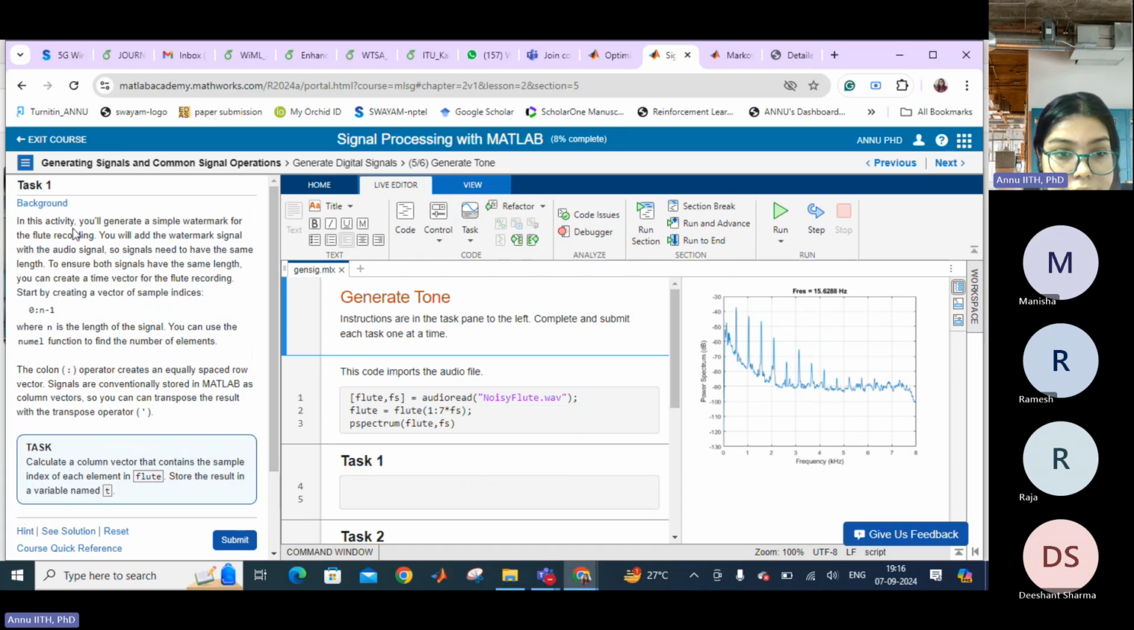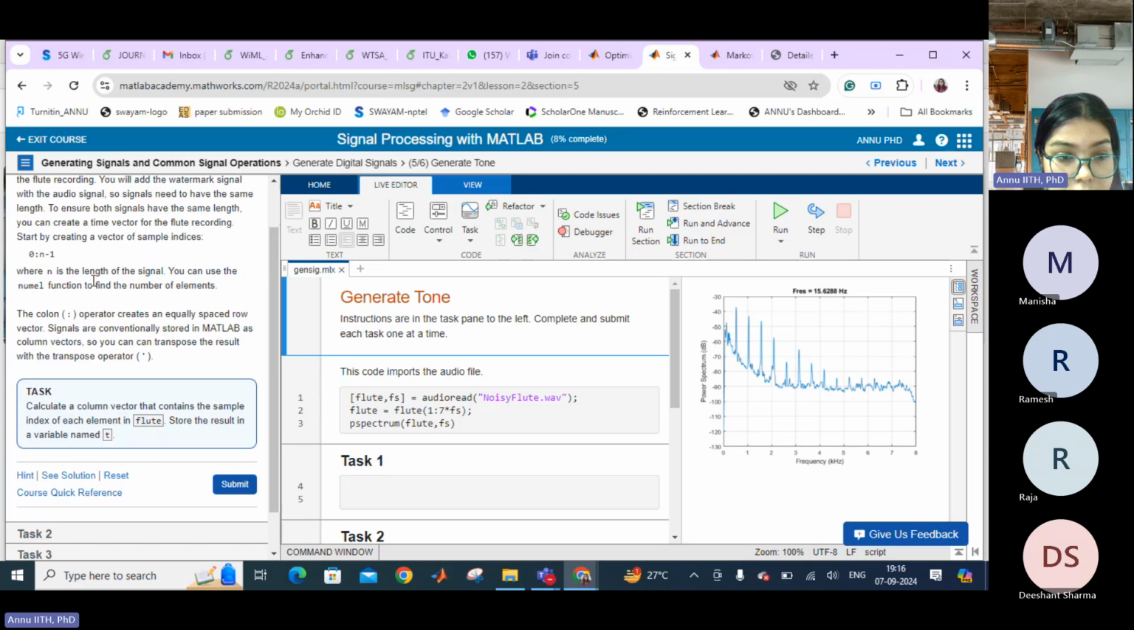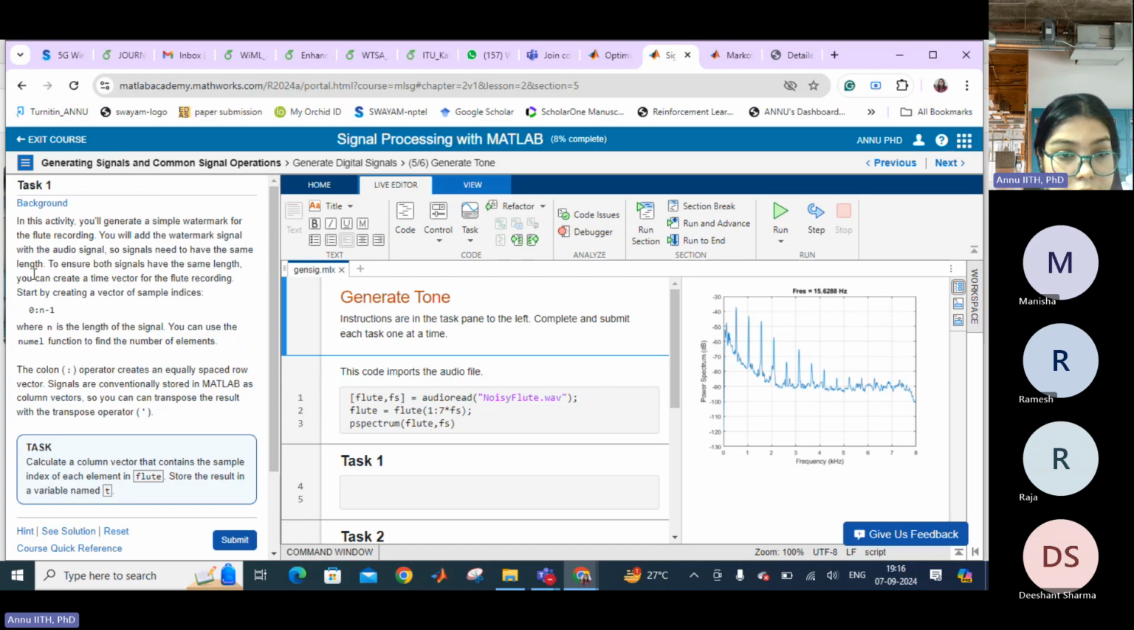In this activity, you will generate a simple watermark for the flute recording. You'll add the watermark signal to the audio signal, so the signals need to have the same length. To ensure both signals have the same length, you can create a time vector. For the flute recording, start by creating this one, where n is the length of the signal. You can use the numel function to find the number